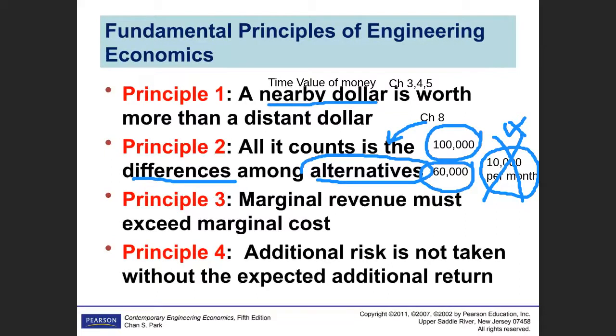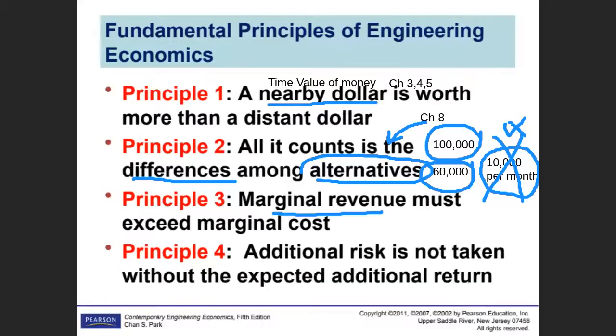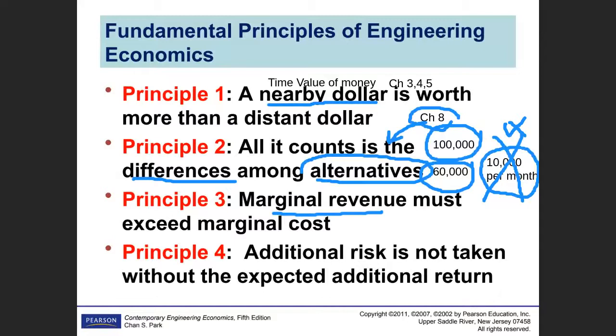Another one is that marginal revenue will also be considered in chapter number 8 as well. Marginal revenue must exceed the marginal cost. Marginal revenue means the additional revenue